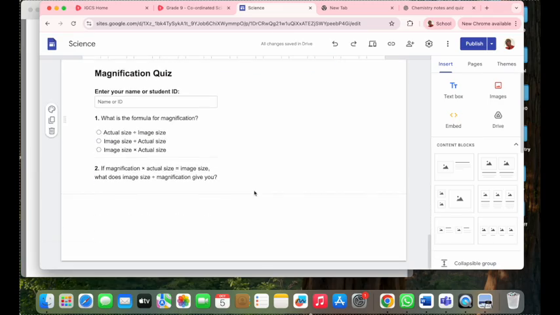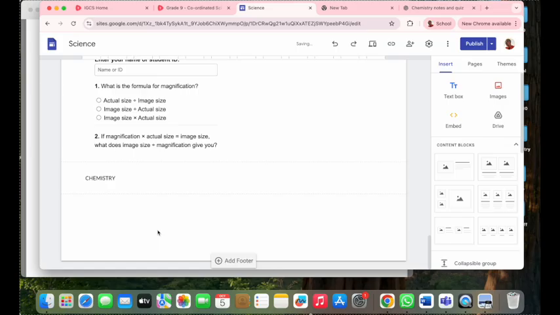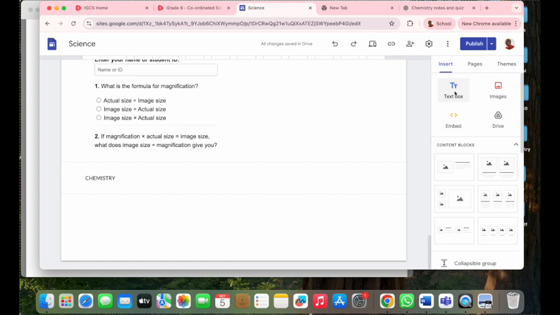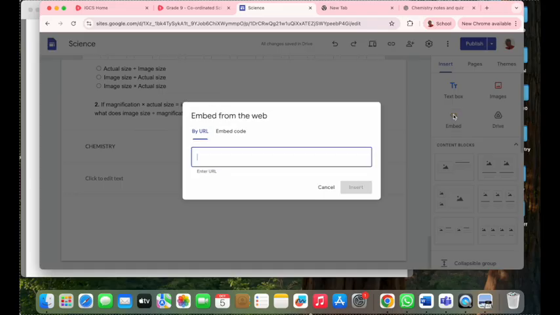I'm going to go now make a new section here down at the bottom. So we're going to go put a new text box here. We're going to call this section chemistry. Right, and then we call that chemistry. We can change it later on, put a picture. We're going to put another text box. And yeah, here we're going to embed everything we got